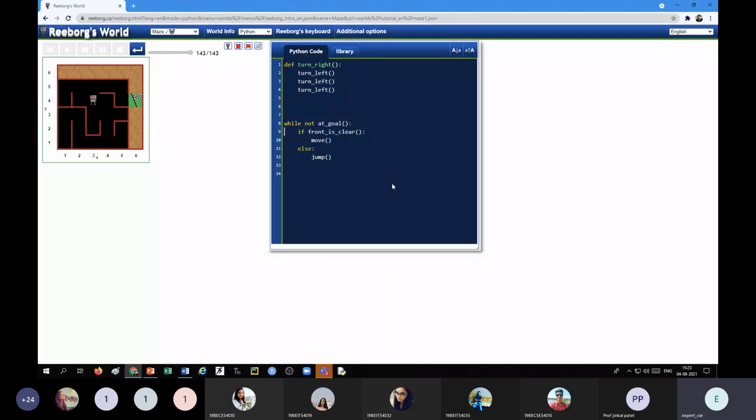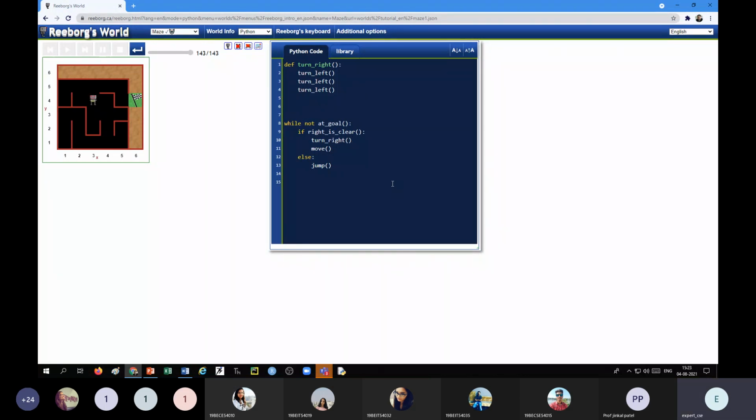We first of all prefer to go to right hand side. So if right is clear, then we first of all turn right and then move. So we turn right and moved.